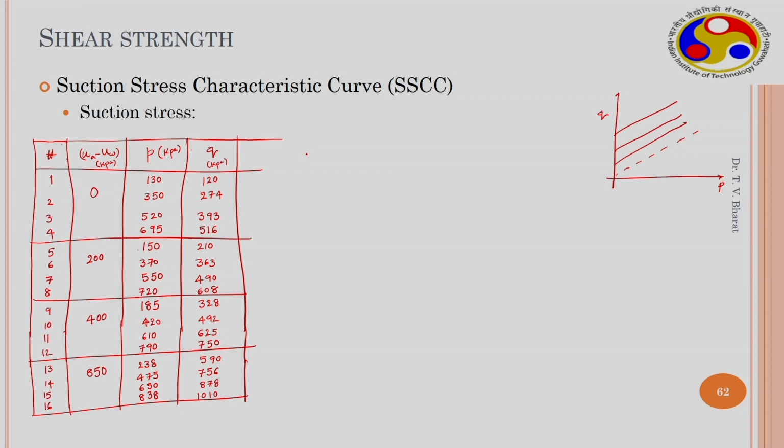So, from the first set of data, that is test 1 and 2, if you take, so 120 is equal to 130 tan phi dash plus C dash, and 274 is equal to 350 tan phi dash plus C dash. When you solve this,